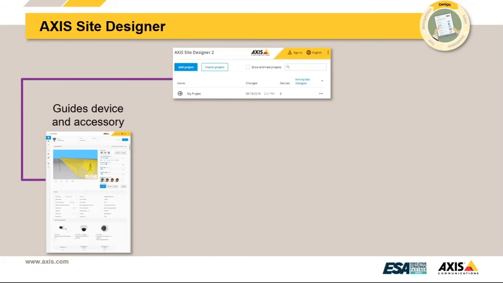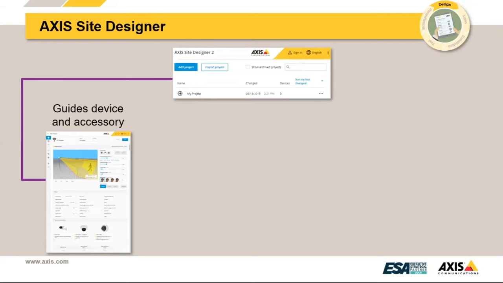it's going to help you at the base level, help select your cameras. So just by going through and inputting information about the scenario, like how far away do you want to be able to recognize someone? Do you need to have IR? Does it need to be vandal resistant? By answering those questions, it'll take our entire product portfolio and narrow it down to only those cameras that meet